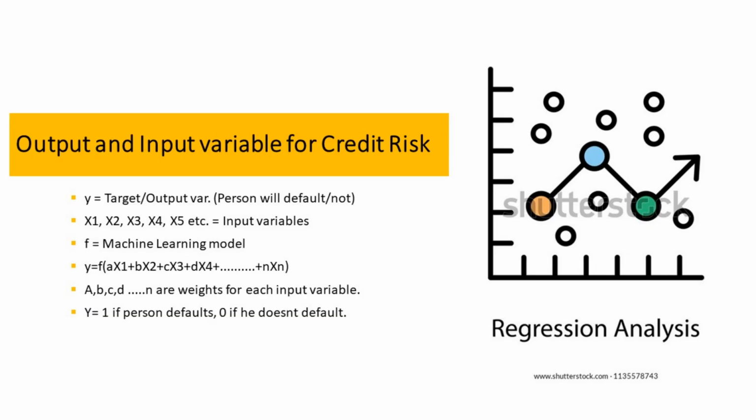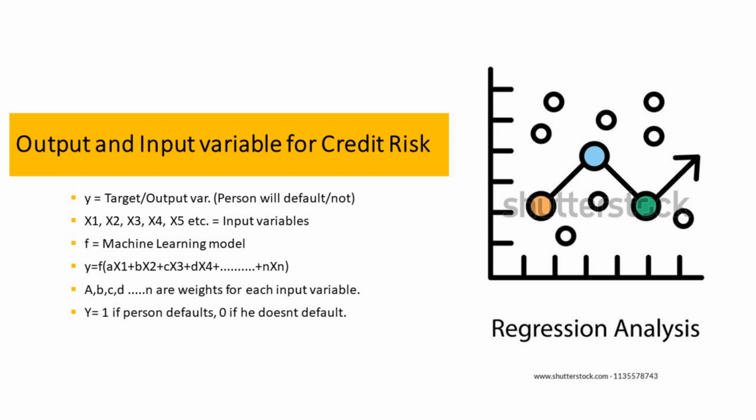Now what machine learning does is that we will take all these variables: income, age, gender, nature of occupation, past history, number of loans with other banks, the number of times a person has defaulted, etc. All of this as the input variables. All these would be x1, x2, x3, x4, and so on. And the y variable would be whether this person will default or not. So this is our target variable.